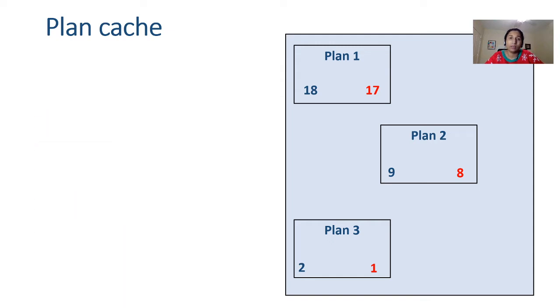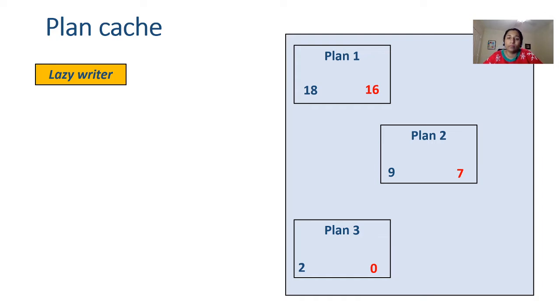In the very next minute, the lazy writer will kick back in again to see if there are any least recently used execution plans. In our example, none of them will be used again. So what it does is it will go ahead and decrement the plan 1 complexity countdown value from 17 to 16, for the plan 2 from 8 to 7, and for the plan 3 from 1 to 0.